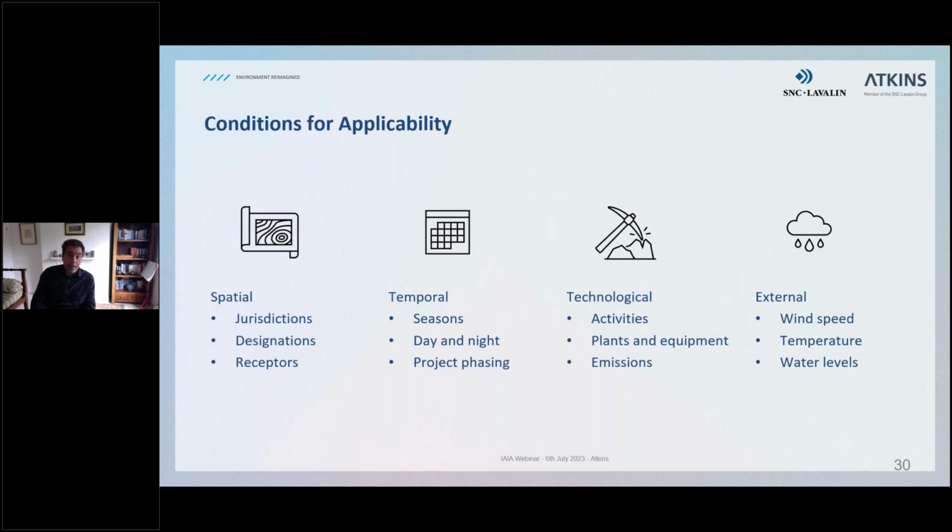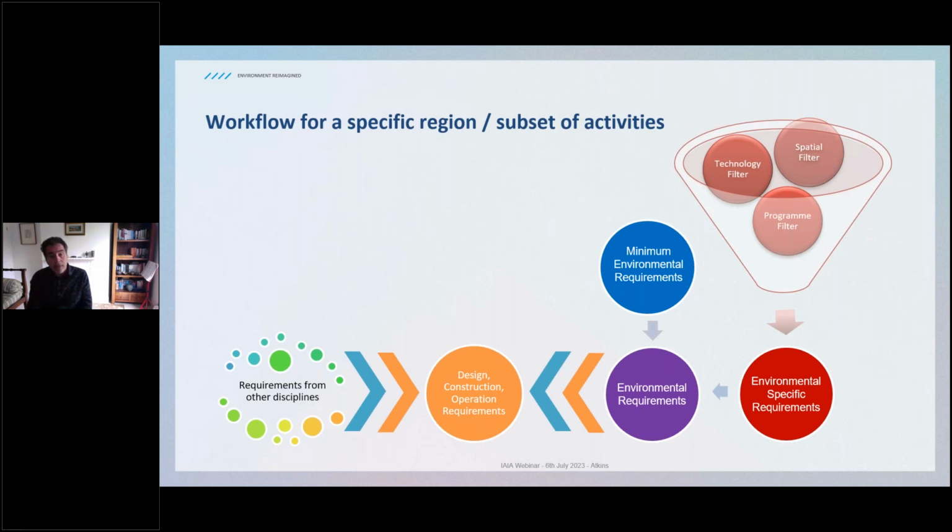You can find on the internet several examples of commitments registers, but what we have done is to go one step forward. Next slide. So we wanted to create a digital system that is able to identify the environmental requirements that are applicable to specific activities, a specific region, in order to filter and focus on a subset of requirements that are relevant for that specific activity or contract or